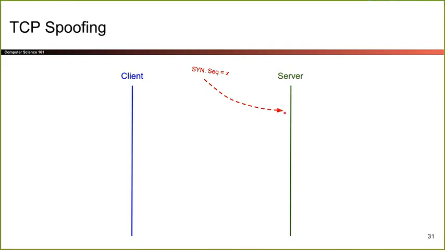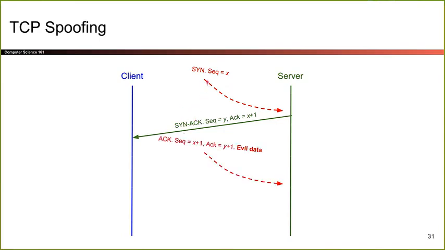but the attacker is going to pretend that the client is trying to connect. Now the server is going to send a SYNACK. And because the server thinks the client is trying to connect, the SYNACK is not going to go to the attacker. It's going to go to the client because this is a spoofed packet. It says from client to server. So the server will see this and be like, oh, okay, then I'll reply to the client. This SYNACK, which contains the server sequence number right here, the Y, goes to the client and the attacker might not be able to see it. If the attacker is man in the middle or on path, they can see this. If they're off path, they can't see this.